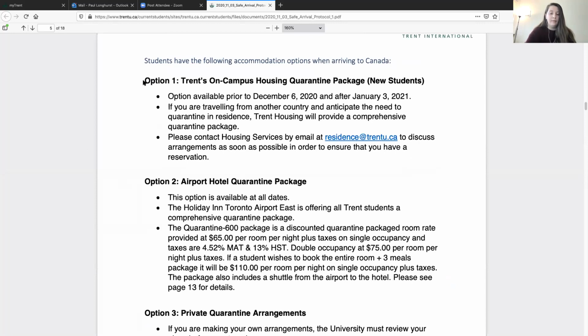This part of the protocol goes into greater detail about our 3 options for quarantining. Option 1 is living in Trent's residences. Basically, our housing services is a large department that administers all of our on-campus housing options. They need to talk with you about what your plan is, because they're the ones who are going to be assigning you the room and making sure that you have the services you need, including food and support, while you're in residence. So if you want to consider this option before December 6th or after January 3rd, make sure you